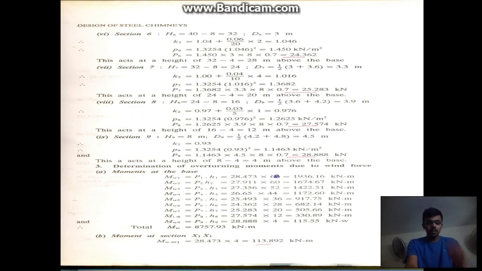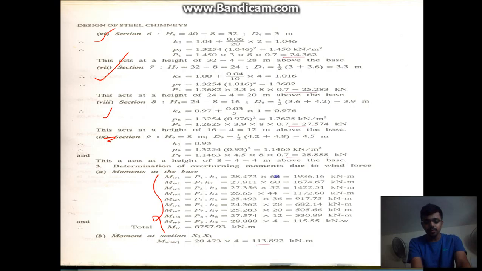Similarly, now for determining the moment, we have calculated for section 6, section 7, section 8, and section 9. Next, the most important thing is to calculate the moment. As the chimney will be resting on the soil base, and due to wind forces as well, wind force has a major impact on the overturning forces. So we'll calculate the moments at the base, and these are typical 9 moments which are calculated at the base